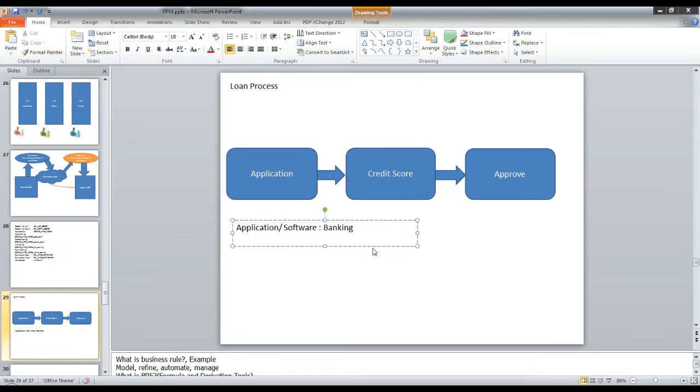Coming to the next aspect, what we have here is the process. So your process is the loan process, your application is banking, and what is the rule here is calculating the credit score.